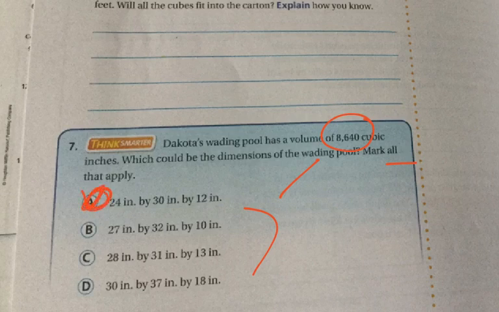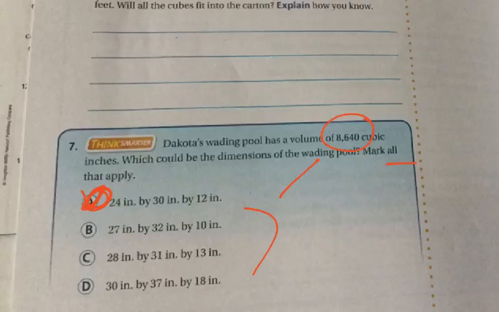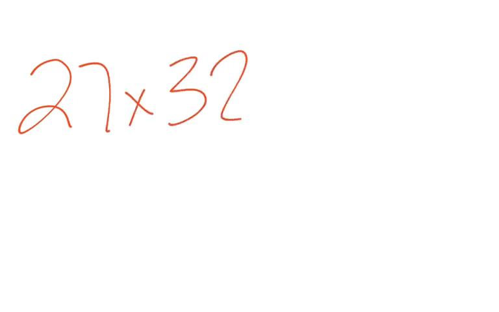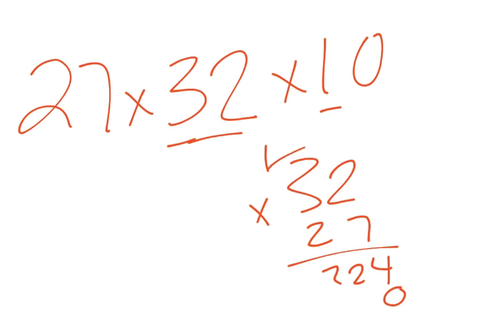27 by 32 by 10. I know 32 times 1 is 32. I'm going to add a 0. 7 times 2 is 14. 7 times 3 is 21 plus 1 is 22. Put a 0. Cross that out. 2 times 2 is 4. 2 times 3 is 6. When I add that up,